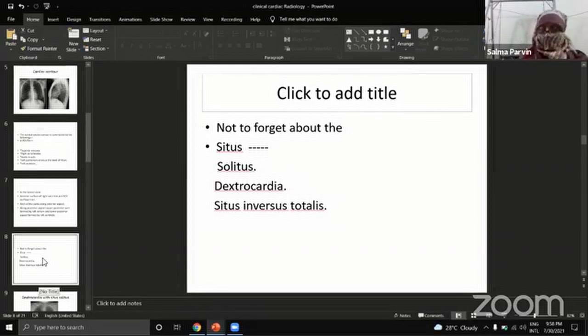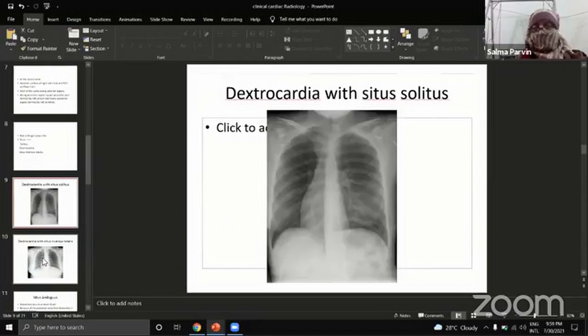Sometimes we used to describe, and I have said that the heart is of course only on the left side, but there are some situations, very rare situations, where the heart is on the right side of the spine. And this is a very interesting thing that one of the Nobel laureates in literature